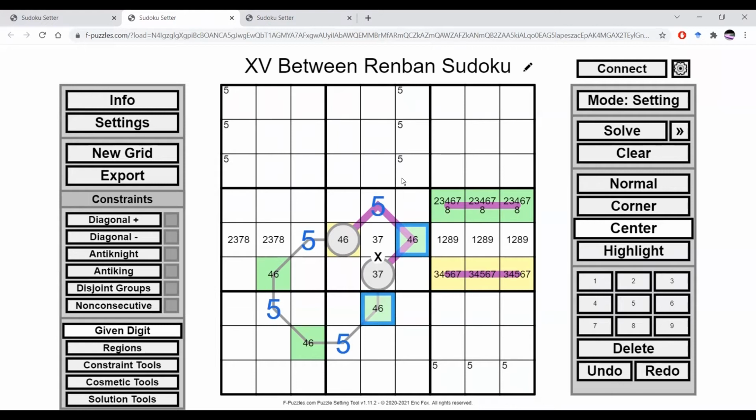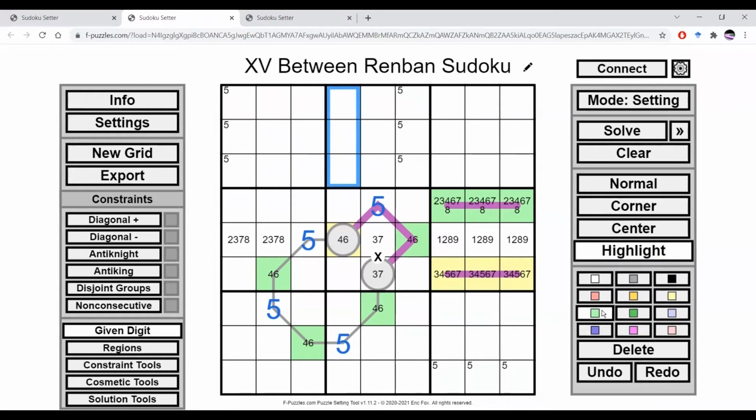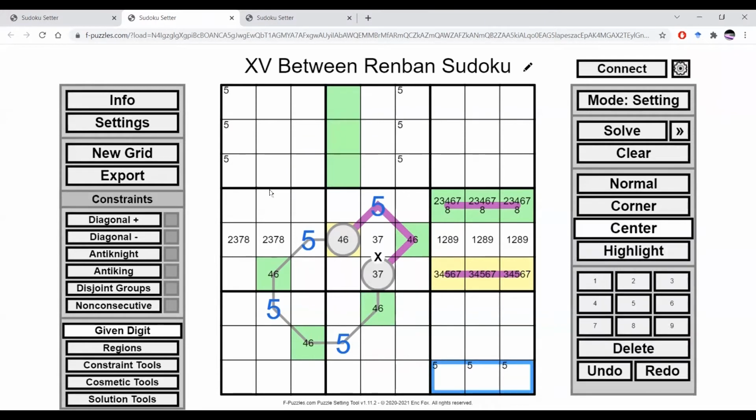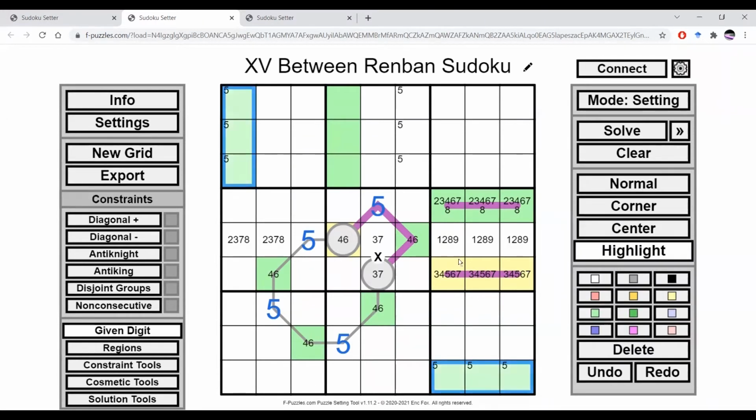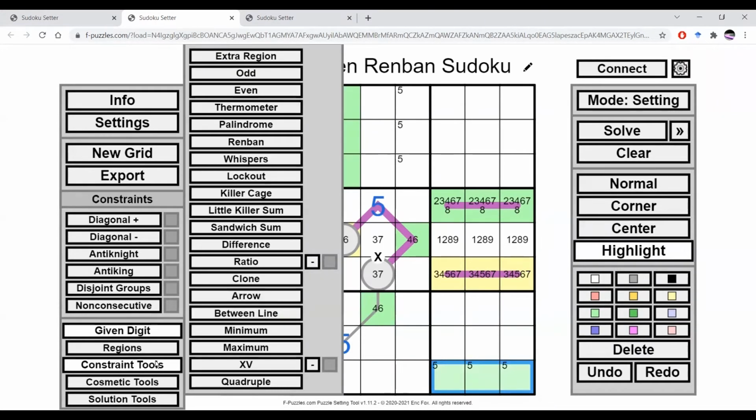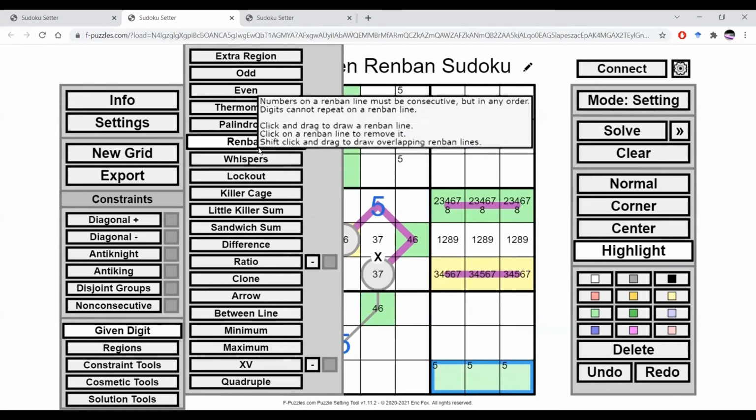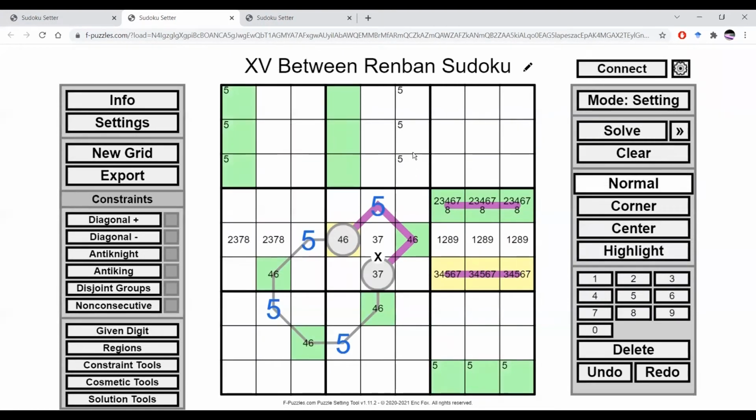This is 2 4s and 6s looking at these cells. So green will have to go in there. And actually, green will have to go in there and there. It's sort of a mirror of the 5s. So an interesting thing to ask might be if we have a 3-cell renban,